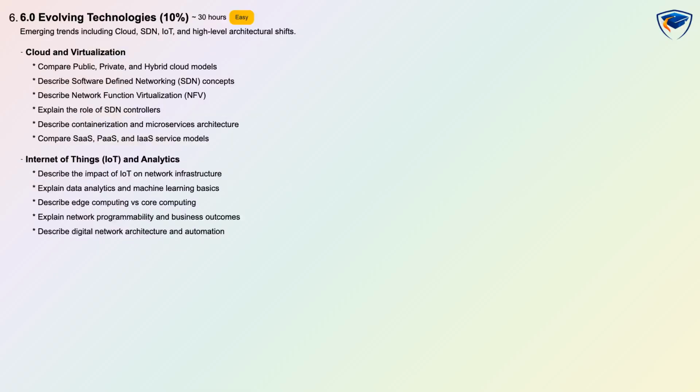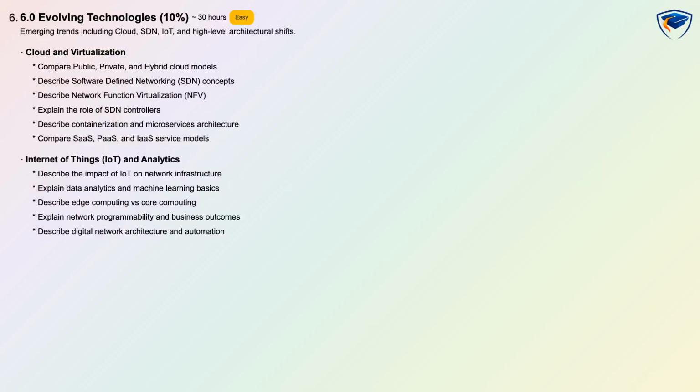6.0 Evolving Technologies is 10% of the exam, rated easy, estimated 30 hours, and combines conceptual and scenario-based assessment. This domain covers cloud and virtualization fundamentals where you compare public, private and hybrid cloud models and review SDN and NFV concepts. You will learn about SDN controllers, containerization and microservices, and how SaaS, PaaS and IaaS models differ. IoT and analytics topics describe edge computing versus core computing and introduce data analytics and machine learning basics as they